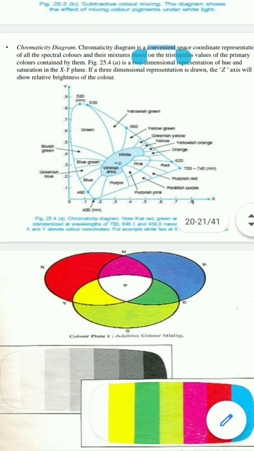So now we can see here about the chromatopsia diagram. As we are saying, we can do the additive and the subtractive mixing, that we can say as a three color theory, because here we are using three colors: red, green and blue. By using this we can mix and we will get the complementary colors. And if we are subtracting any complementary from another complementary, you will get the primary color.